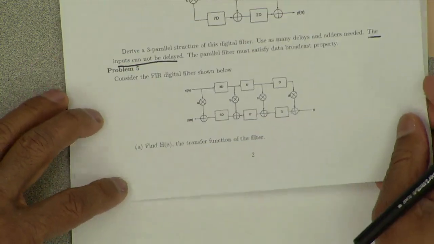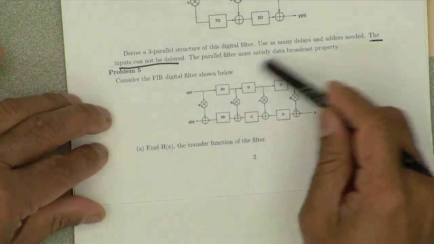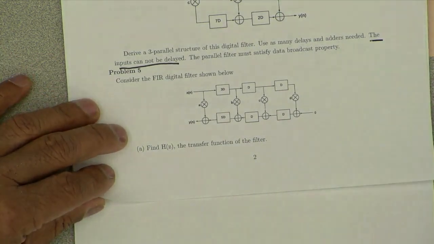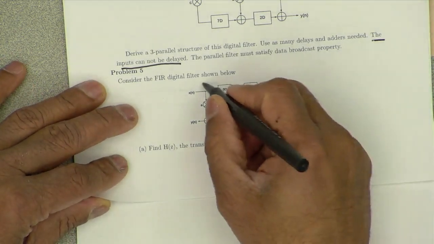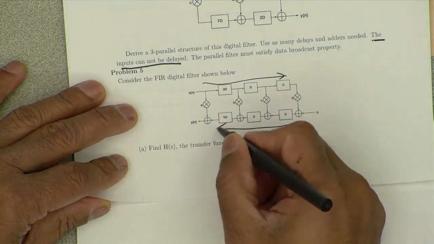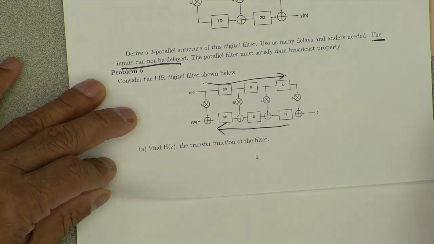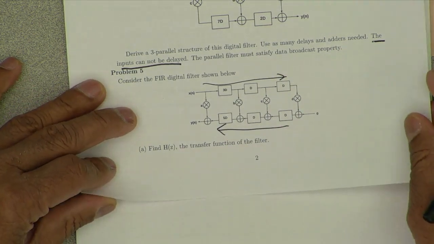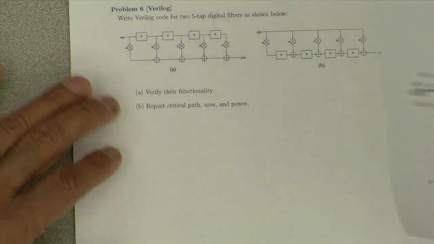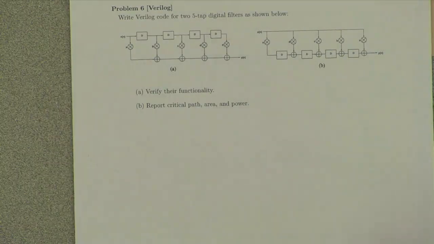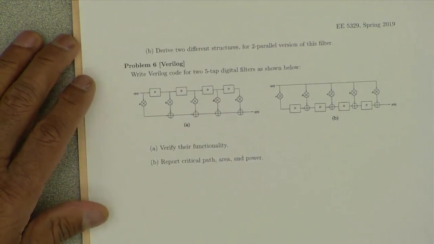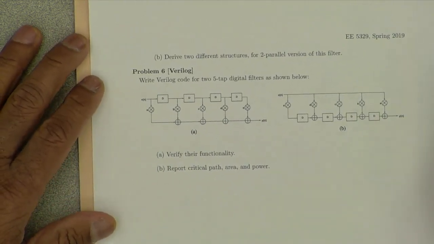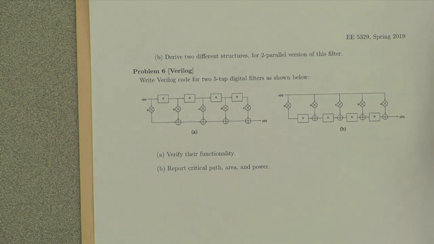I didn't teach that. This is a hybrid form of the filter, which I briefly talked about, where the signal is going forward on the top wire and backward on the bottom wire, with delays on both top and bottom lines. Find the transfer functions and find the parallel filters. Again, it may be a little thought provoking, but not that bad.